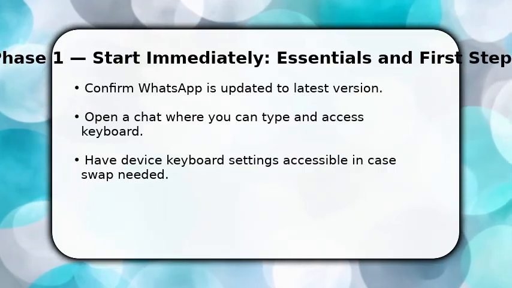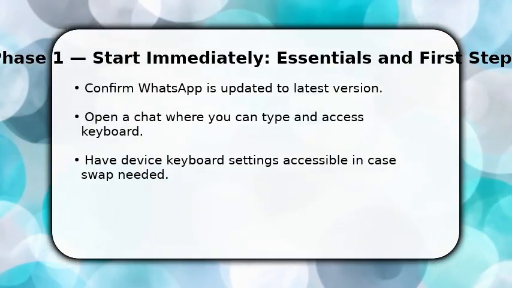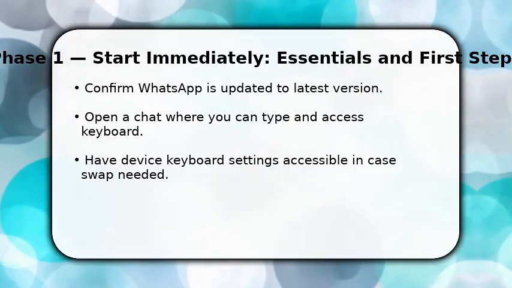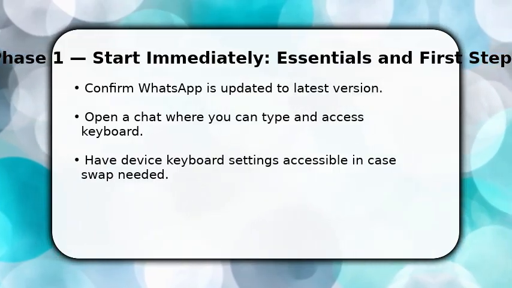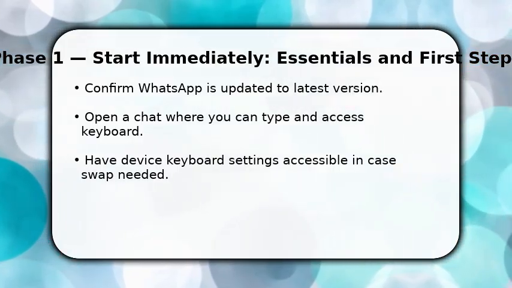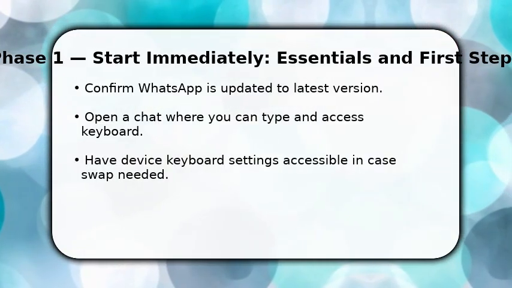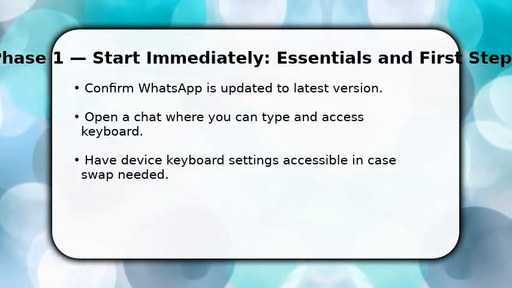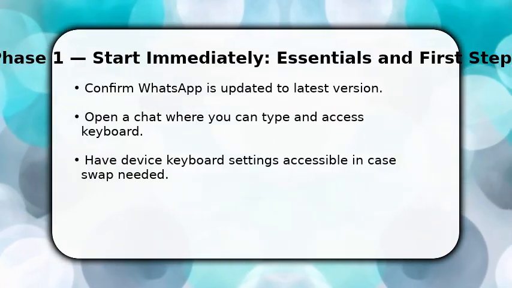You start now, update WhatsApp and open any chat so you can trigger the keyboard immediately. First, tap the text field to bring up your current keyboard. This gives WhatsApp permission to display emoji options. If you use a third-party keyboard, make sure it's enabled in system settings before continuing. Once the keyboard appears, look for the emoji key, smile icon, or globe. That's your entry point. Do this first so the rest of the steps run smoothly and you don't get blocked